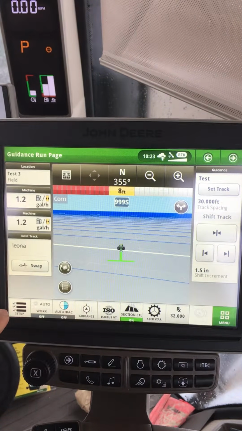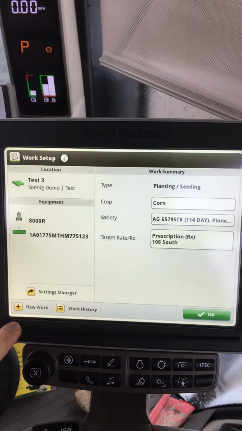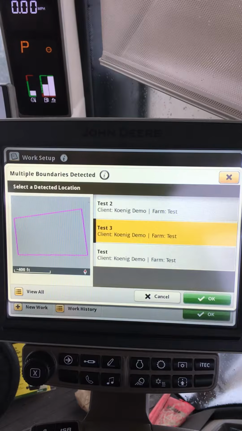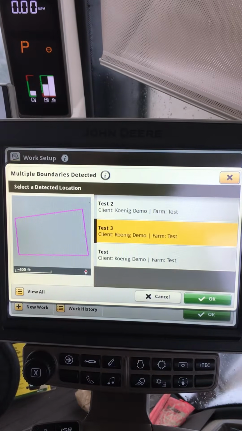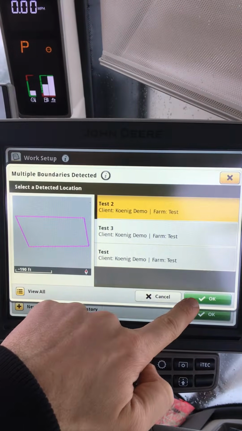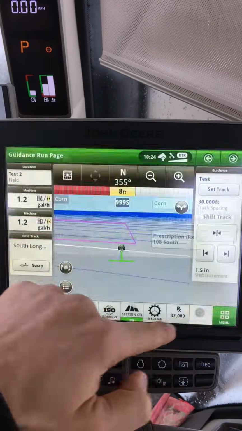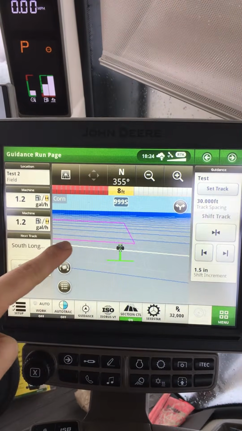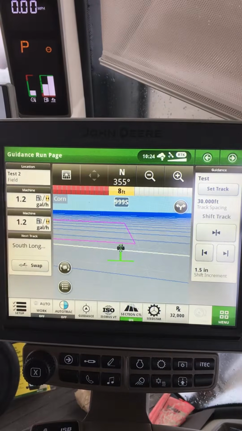I'm going to go ahead and go to my setup and change my field to my current location. In this case, our field detection sees that there's 3 fields near the tractor. We'll go ahead and choose the correct one. Select OK. We can see on the screen that our tractor is now sitting just outside the field boundary designated